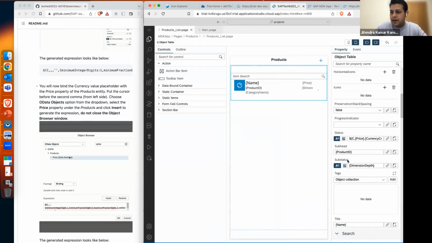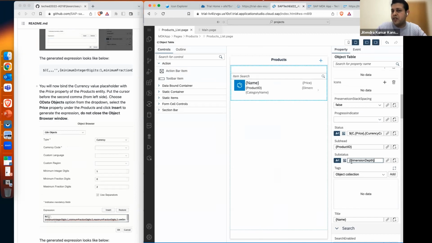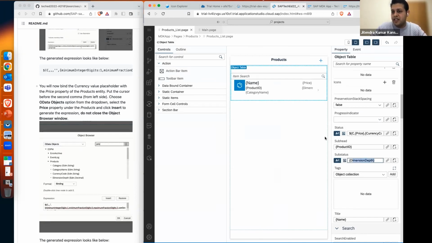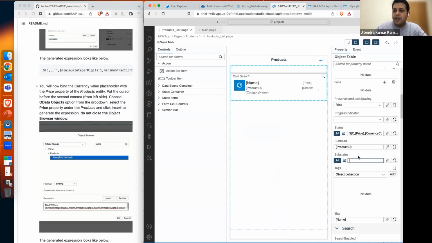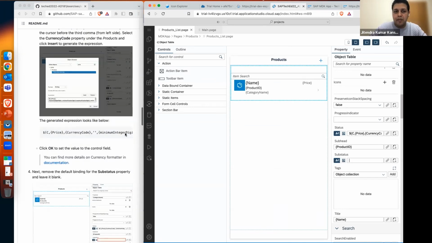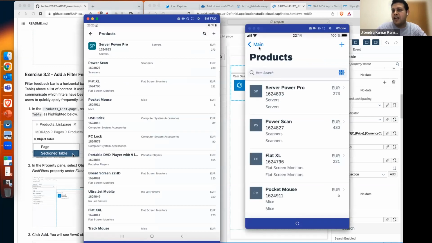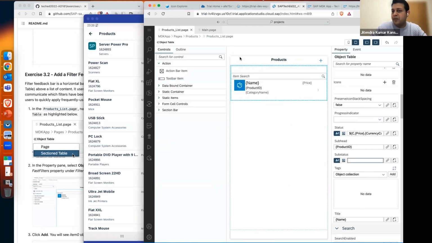Right. And we don't need to show the service status here, so we can remove it, because we are showing a dimension along with another dimension parameters in a description property. And another thing we want to add here is a filter feedback bar. The filter feedback bar will appear above this product list page. This will allow you to apply frequent filters, so we will also add it as a UI control on this